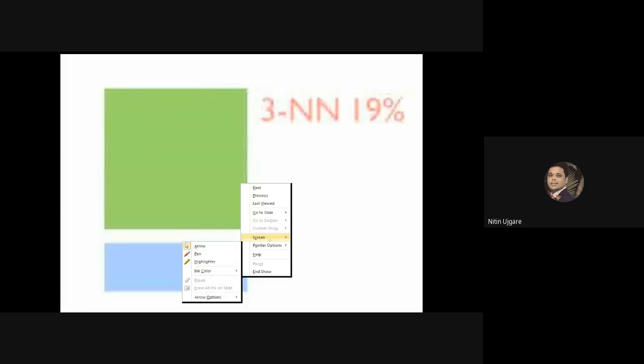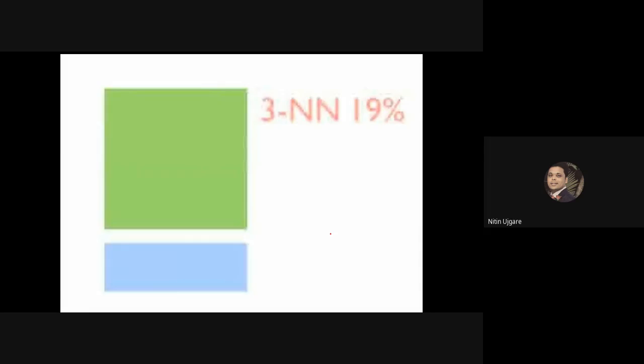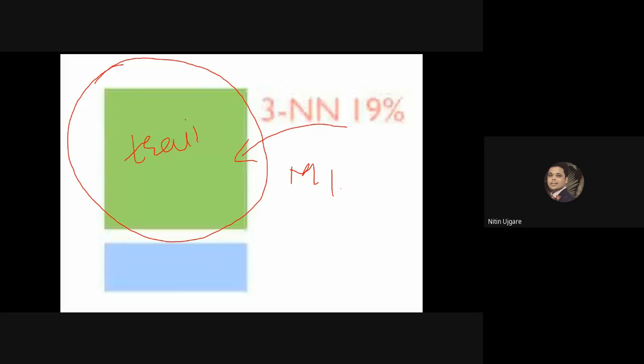So let us build the 3NN algorithm using this entire data set. Now what I am doing, I am using all the 80 samples. At this time, I am not splitting it into different folds or sections. I am using all the 80 samples and applying the 3NN algorithm to create a model M1. So this is my train data now, and this is my test data. Okay, so I am selecting all the 6 folds.